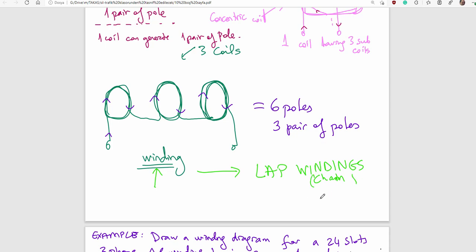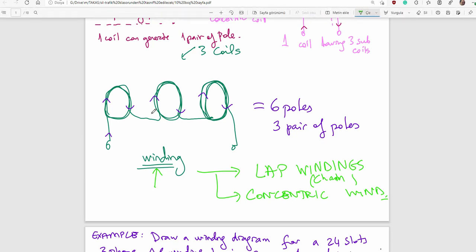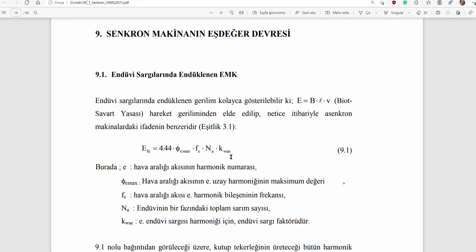And the second type is concentric winding. You are not responsible for those topics, but again I emphasize, I lecture this topic to understand this term, which is the winding factor, better,